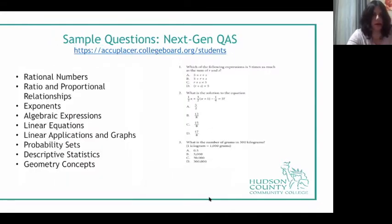All right, so here are some sample questions to the next generation QAS. And the QAS basically stands for quantitative reasoning, algebra, and statistics. And again, that link that you see there, that's going to give you a whole PDF full of sample questions. And this is straight from the Accuplacer website that designs the test. And then to my left, that basically summarizes every type of problem you'll see on the QAS test,